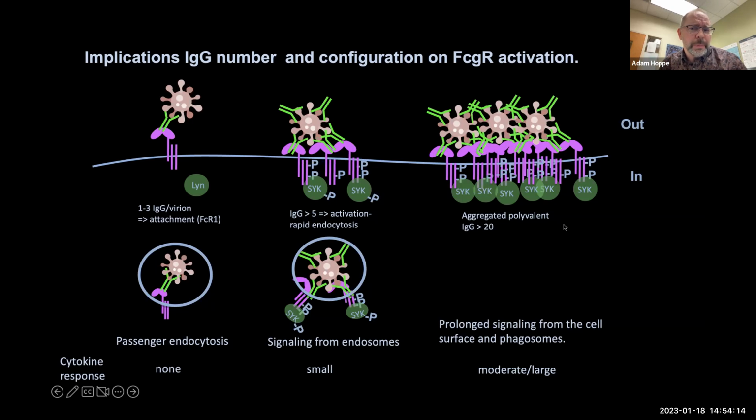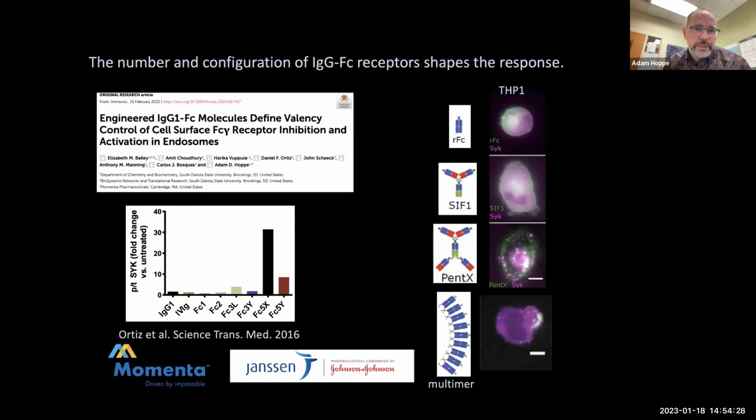And this is also the basis for, if you're running IgG serum assays, activation assays for macrophages, why we usually use plate-bound IgG and then react macrophages onto those surfaces, because this is where you're going to have your maximum engagement of Fc receptors and signaling. Okay, so the point I'm trying to impress upon you here is that the number and configuration of IgG Fc receptor interactions shapes the response.